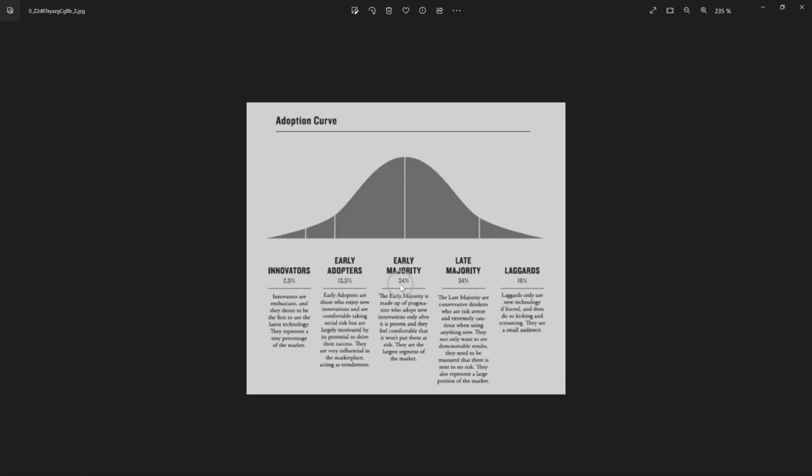If the brokers fail to get their hands on supply, and if the early majority is buying spot Bitcoin and taking it into custody instead of gambling like crazy in derivative markets. And remember, the early majority is made out of pragmatists who adopt new innovation only after it's proven and they feel comfortable that it won't put them at risk. Once again, this doesn't correlate to outrageous margin calls and stuff like that. I think these guys will buy the thing for what it is. They will be willing to pay the price, and if there's no supply to be found, money is going to be playing the dangerous game of volatility again.